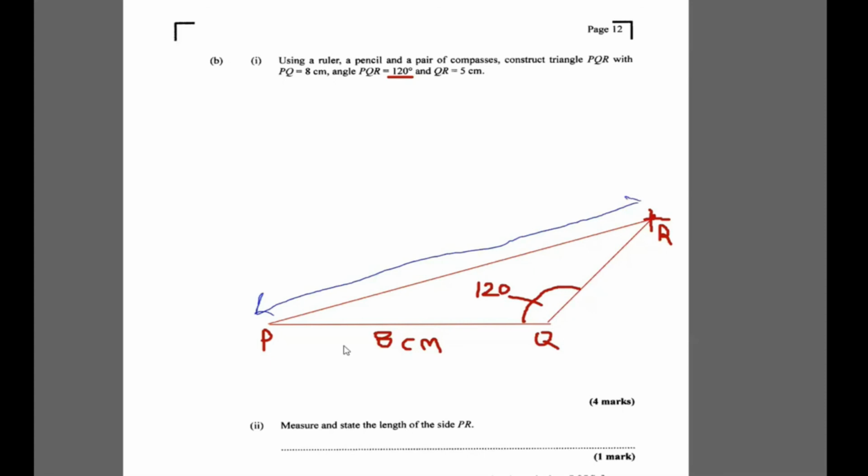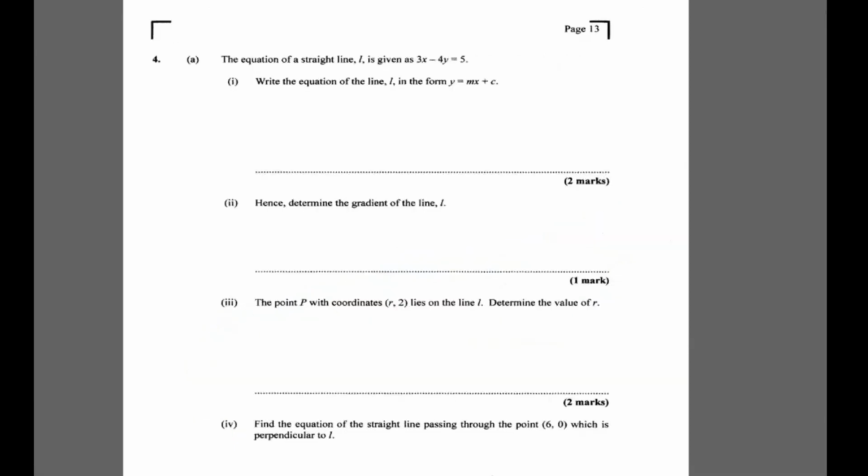Mine is not accurate, so I cannot tell you a measurement, but that's what should go right here. So make sure you go through your notes on geometric construction. This is just a schematic of what you should have. Now back to the real